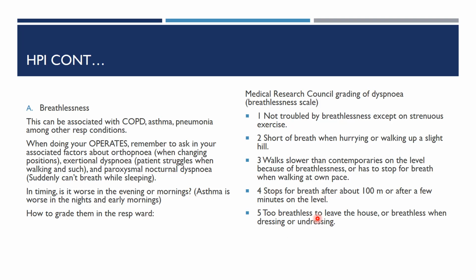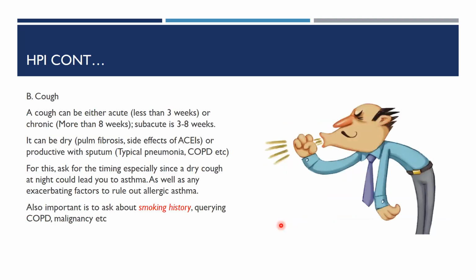Then let's move to cough. A cough can be either acute, which is less than 3 weeks, or chronic, more than 8 weeks, and subacute is in between 3 to 8 weeks. It can be dry, like pulmonary fibrosis or side effects of ACE inhibitors, or productive of sputum, like typical pneumonia, COPD, and the others. When you're asking about cough, focus also on